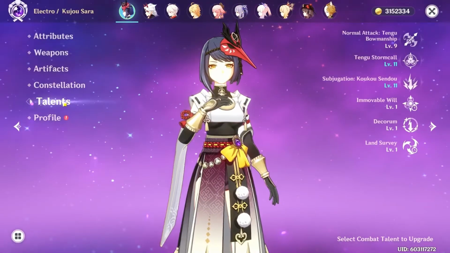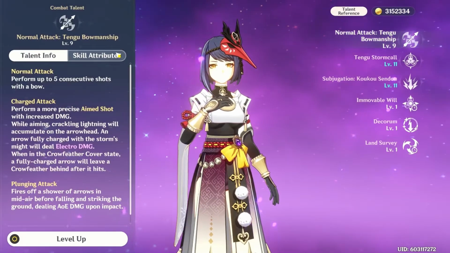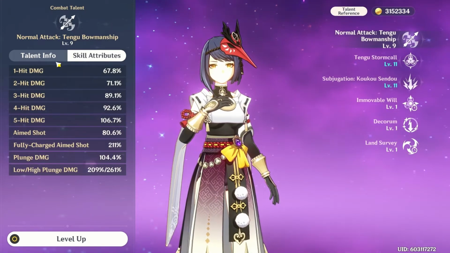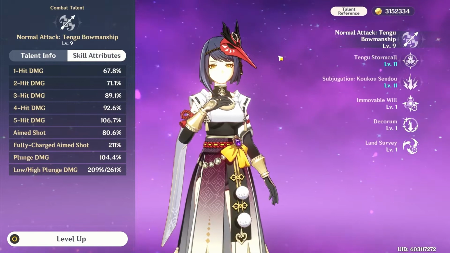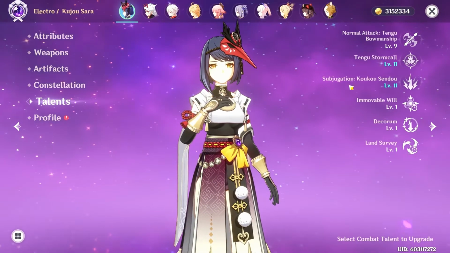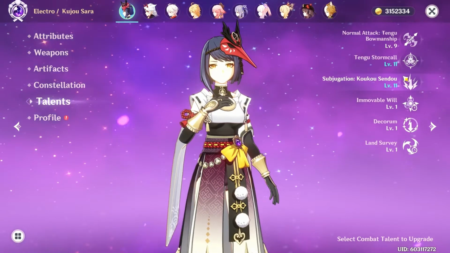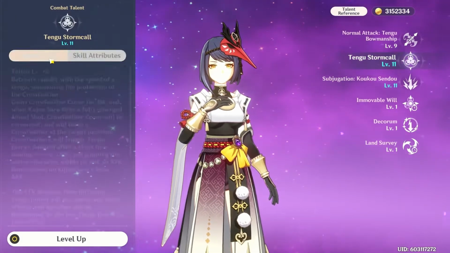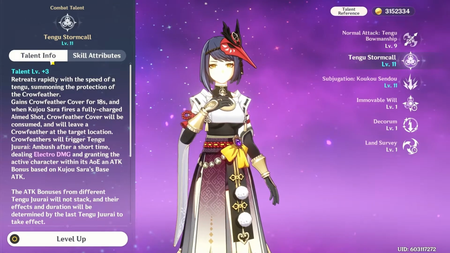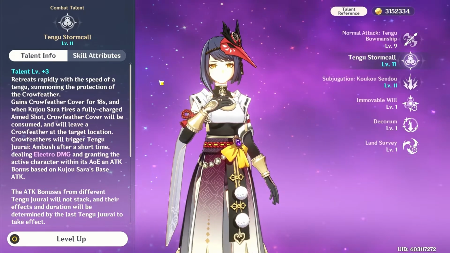For Sara's talents, I do have them at 9, 11, 11. As you can see, her damage multipliers are pretty low if you're normal attacking with her. That's why I really suggest focusing on charge attack and not a physical Sara, as her fully charged aim shots do more damage, and it goes into her kit because of her skill as well. Now when you do Tengu Storm Call, she retreats a little bit back, and her next charge attack will gain this kind of feather, and you can essentially hit an enemy with it, and if a character is in it, it'll get an attack boost as well, which is pretty awesome,